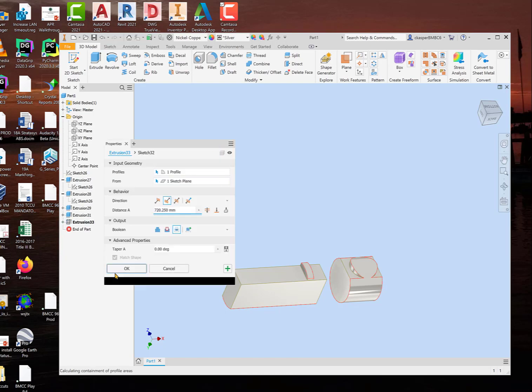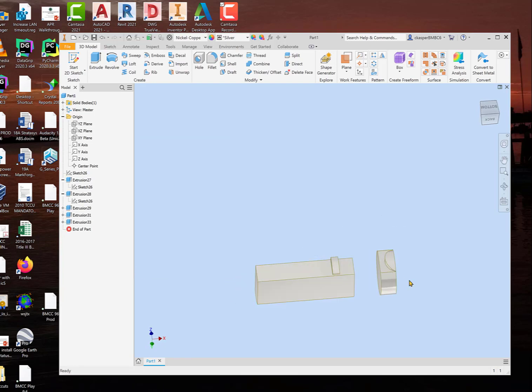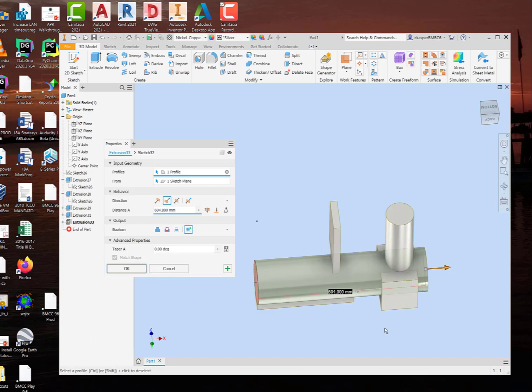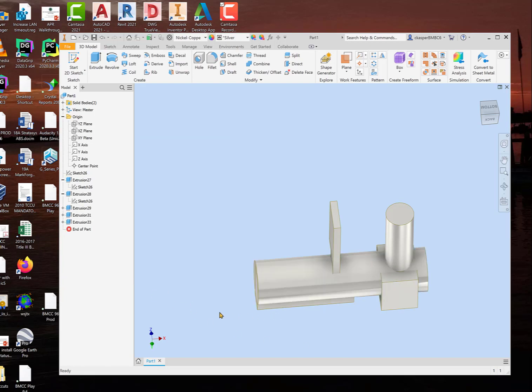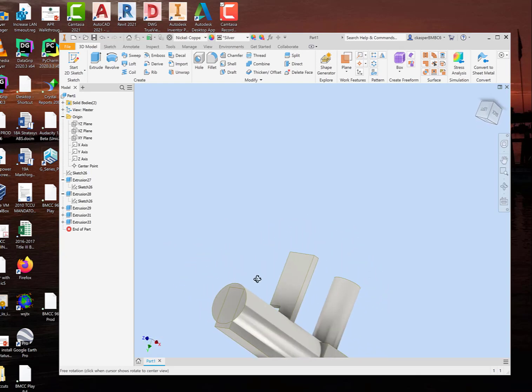Here we'll edit the feature again. So if I only went this far, about halfway, and okayed it. Yeah, because it's not touching anything further in a solid, so you don't get to see it. Very interesting. So let's modify the feature, and this time we'll tell it to make a new solid. Okay, and we'll run it out that far. We'll okay it. Now we have a new solid, not necessarily merged with what it's touching,